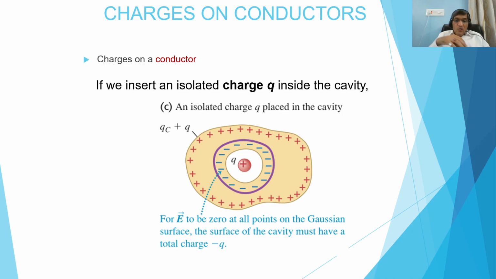So we have here a Gaussian surface which is shown by the purple line. If anyone asks about the charge enclosed by the Gaussian surface, then the Gaussian surface encloses zero charge. How? The charge is zero because this positive charge attracts an equal amount of negative charge. It has to make the electric field zero inside the conductor. That's why the negative charge is equal in magnitude to the positive charge. So if we have to calculate the total charge enclosed inside this purple circle, the Gaussian surface, the charge enclosed is zero: minus charge and plus Q charge.